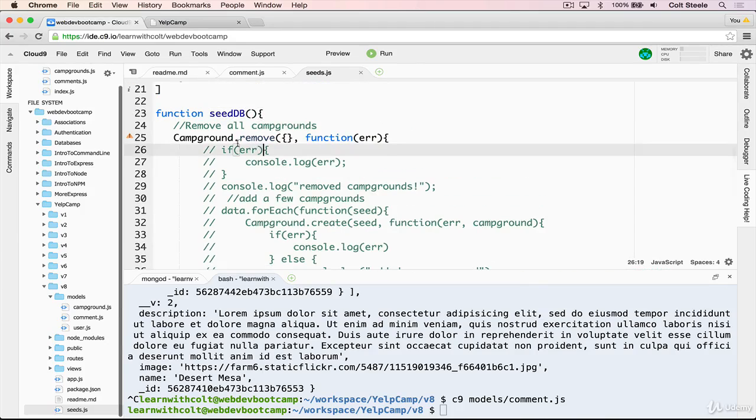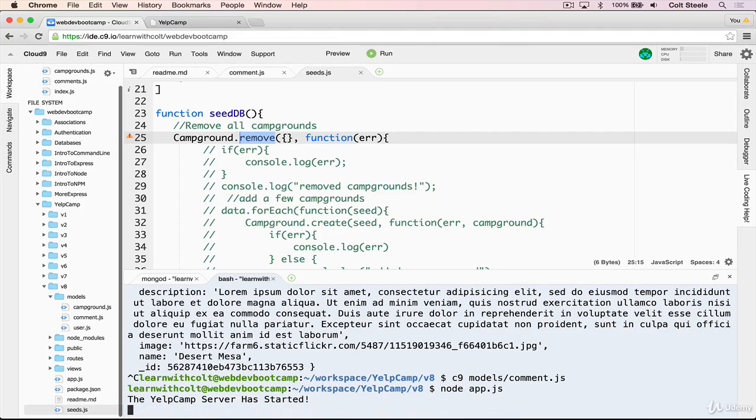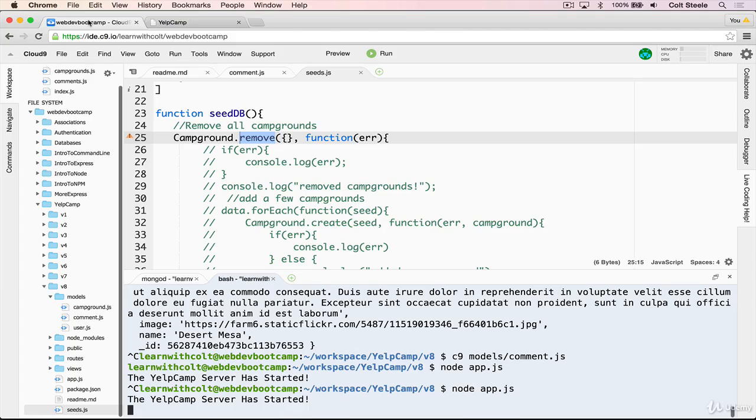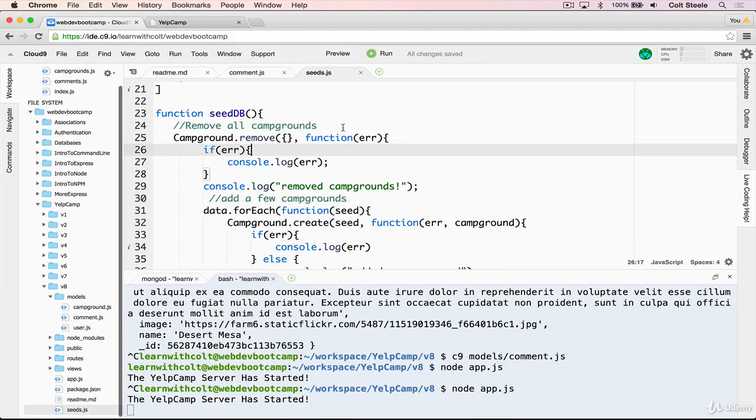but I will run it, and what this will do is remove everything from our database, and I'll just do that one time right now. And if I restart and I go back here, I have to start the server again, we should see there are no campgrounds. There we go. Okay, so now I will uncomment everything and save,